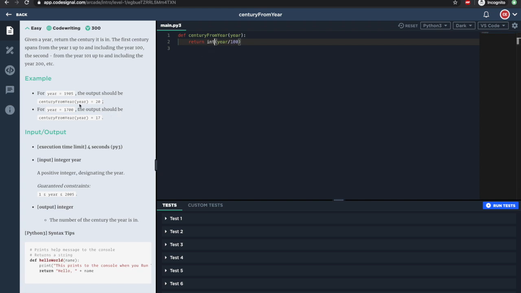So that will mean that we'll get 19.05, and then we'll just ignore the decimal points, and that's the value that we get. But 1905 is the 20th century, so we get the 19 plus 1. Finally, there's an edge case that we have to account for. So if the year is the 1700s, that's the last year of the 17th century. So we have to make sure that when we receive 1700, we do not get